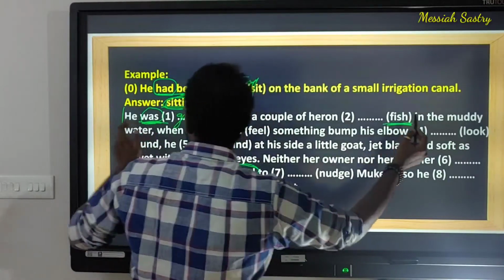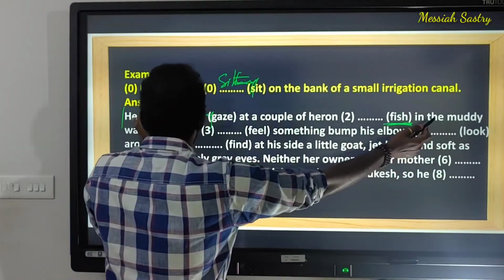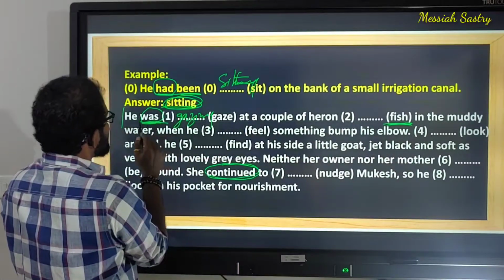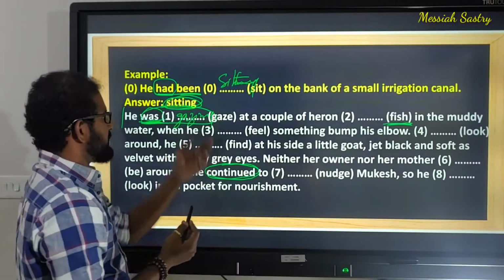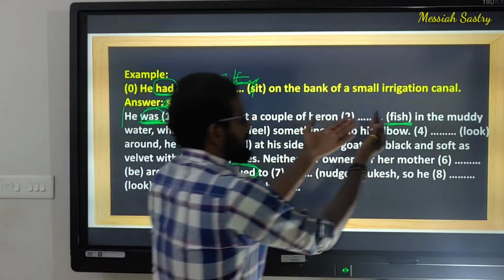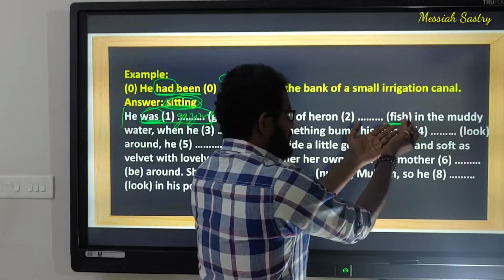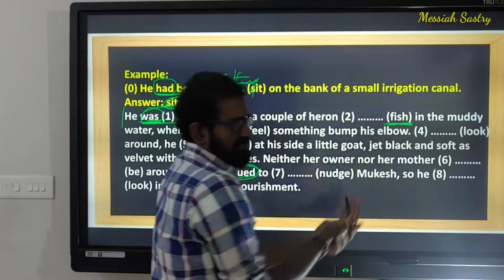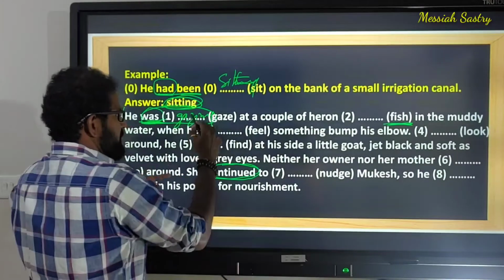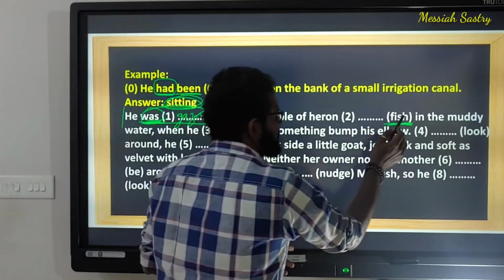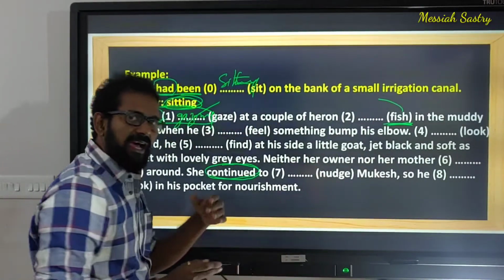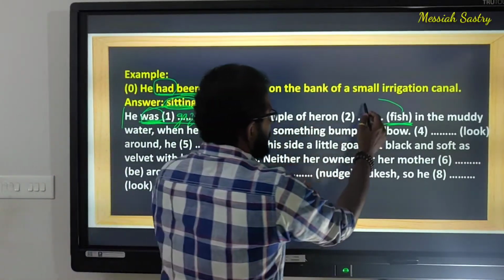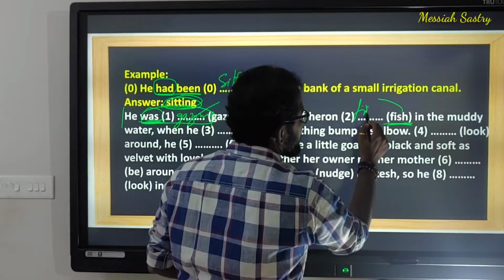Another verb we have. In a simple sentence, in a clause, a main clause, we already have a main verb. So we can't write again another main verb. We can't write simple past here again. So we need to make it into a participle. Because there is supposed to be one main verb and the second verb in a simple sentence has to be a participle. He was gazing at a couple of heron fishing